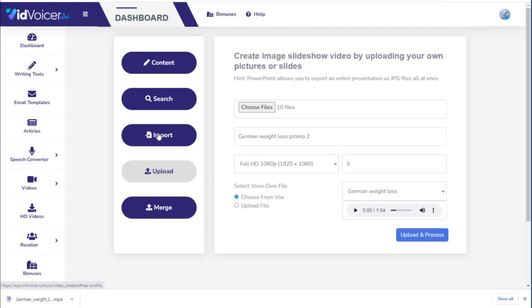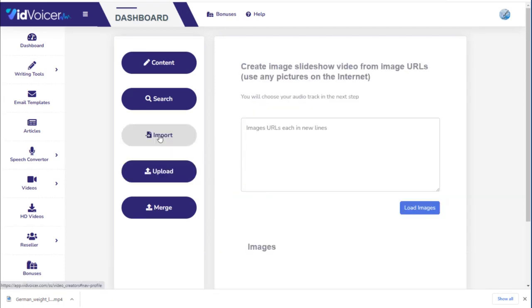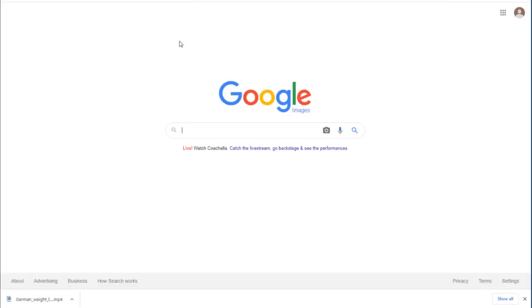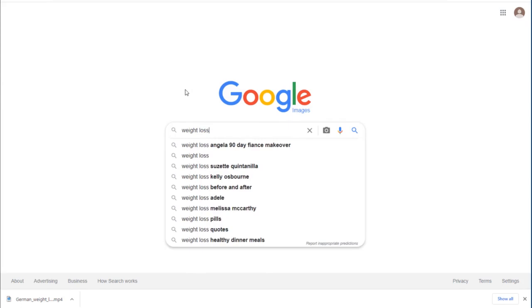We have a third way of making videos, and that is the import feature, which will import them from any URL on the internet. So if you have pictures on your own website, or if you want to grab pictures off of, say, your Facebook account, you can actually search for images on even Google Images. You can find usable images there. So let's search for weight loss